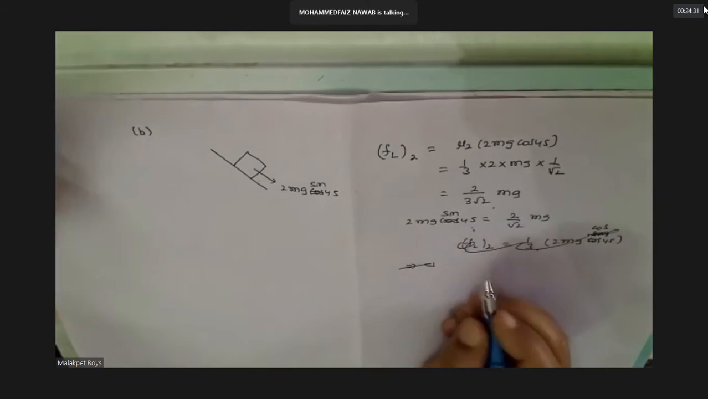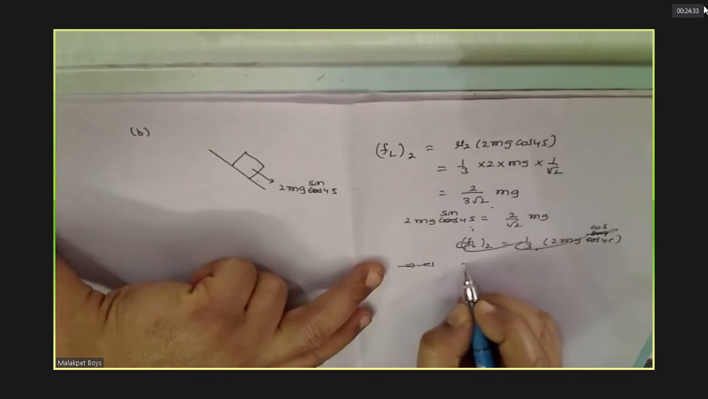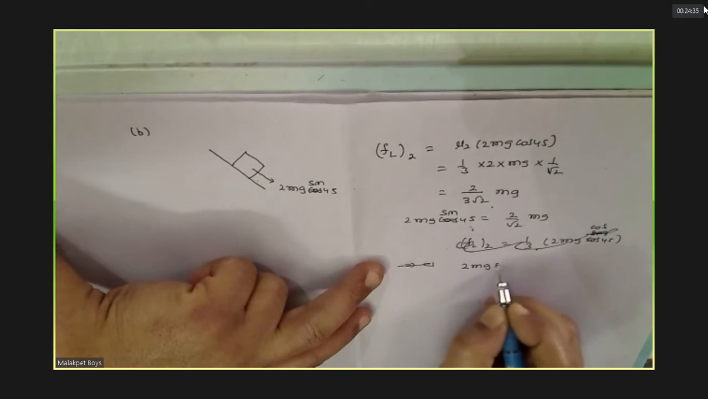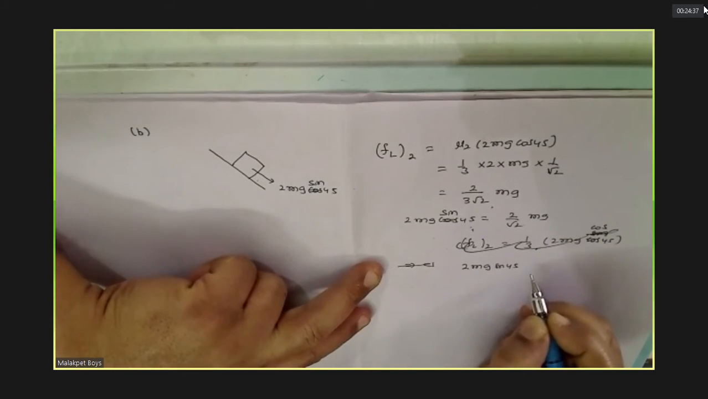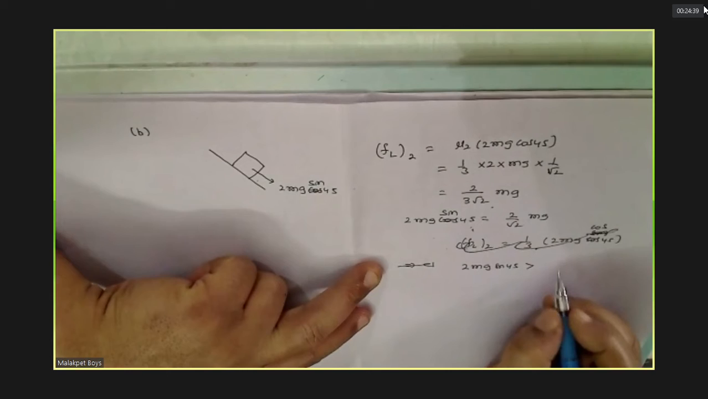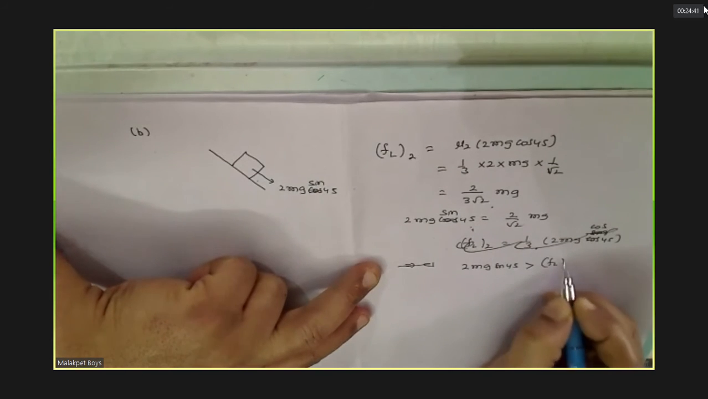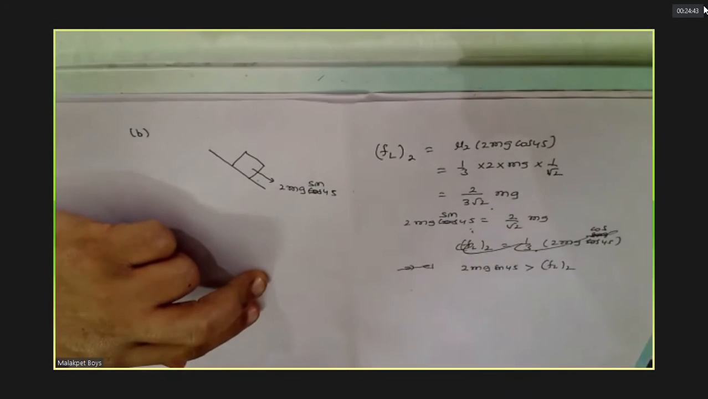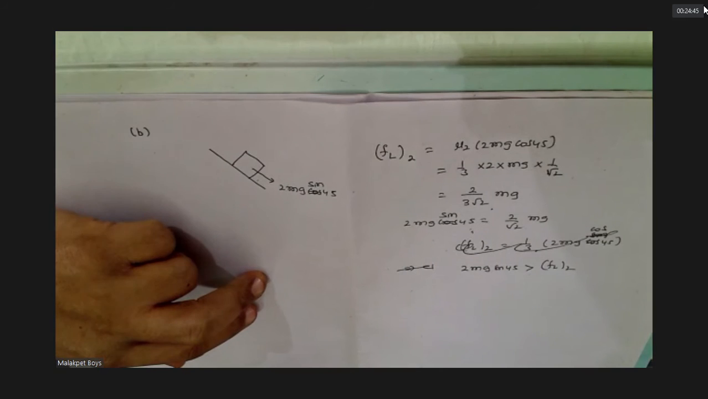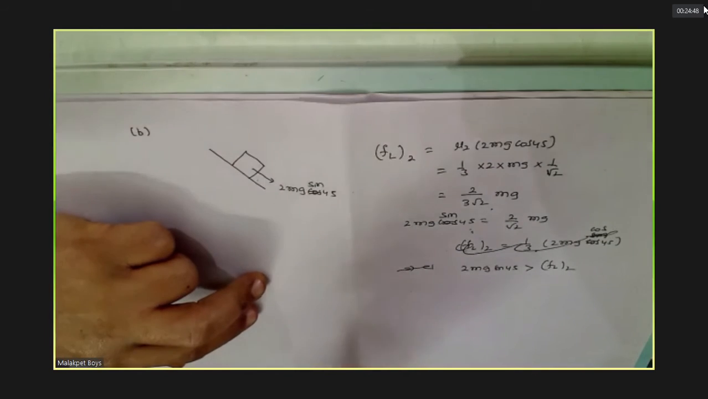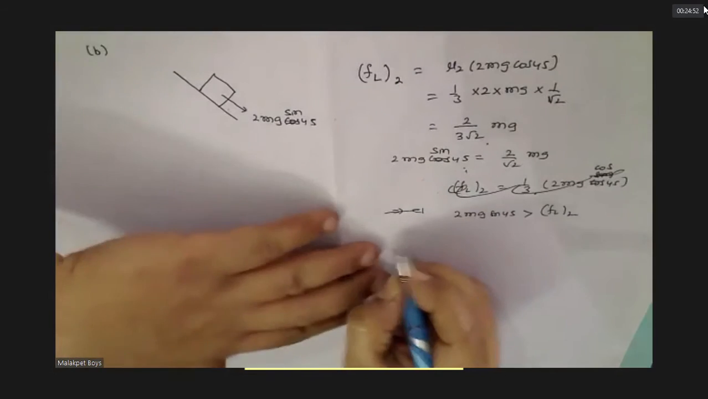No, sir, you are comparing. See, I am comparing this. The pulling force is more than F limiting. Do you agree with this? Yes, sir. That is what we need. That means block B